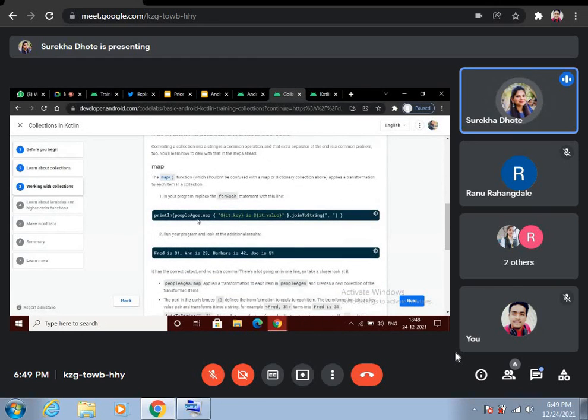Moving towards the next section, which is the map function. The map function applies a transformation to each item in a collection.